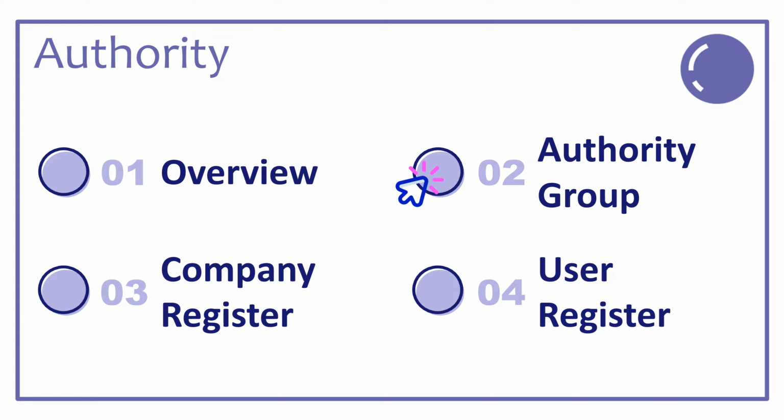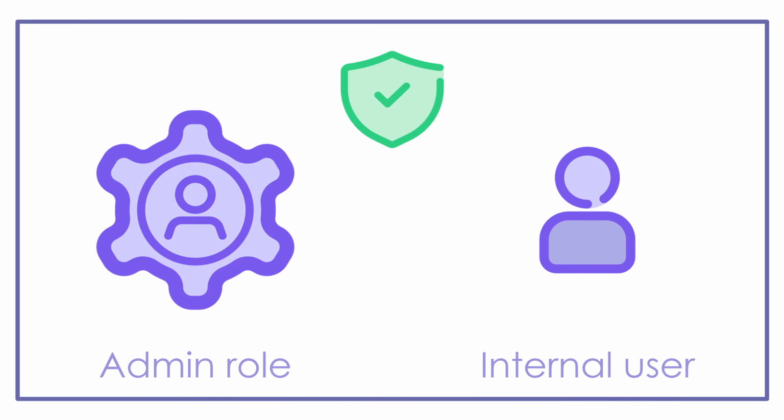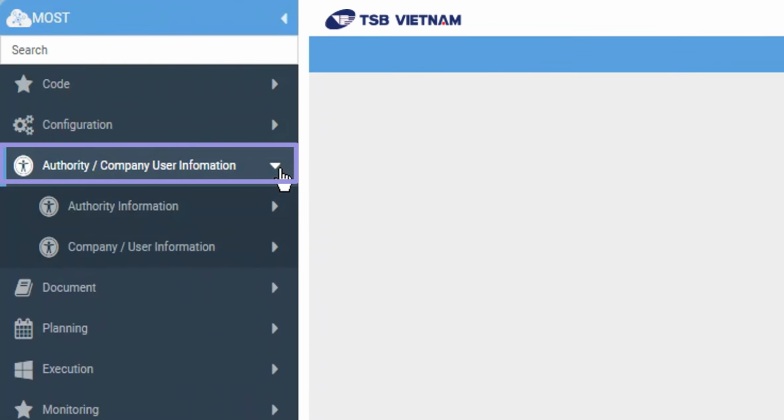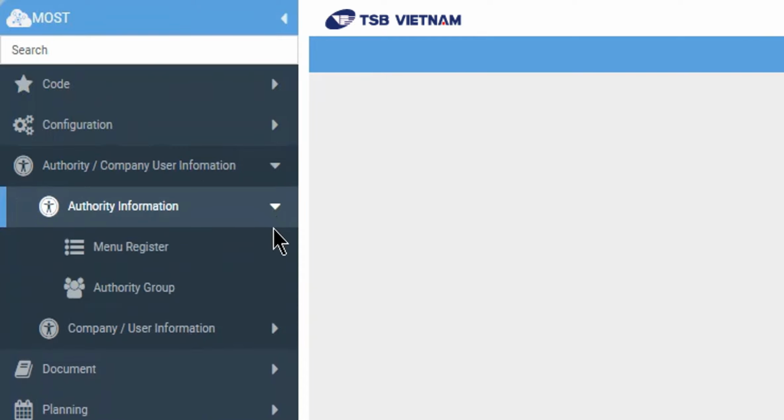Next, let's dive into the authority group. About roles and permissions. This screen is only accessible to admin and internal users who have special permission. However, we can customize permissions for accessing this screen according to your needs. How to navigate. First, go to the Authority Company User Information section, then choose Authority Information and click on Authority